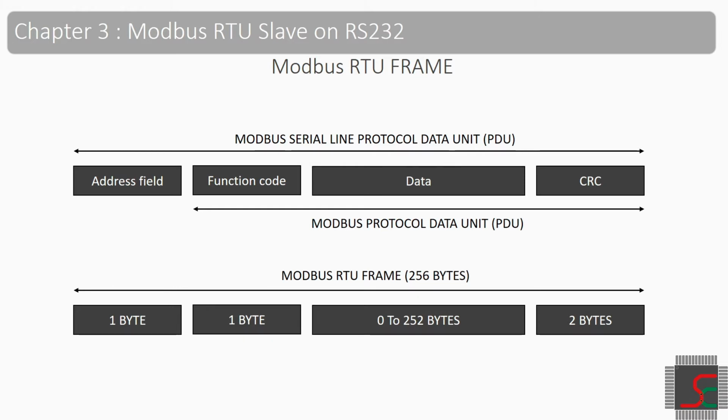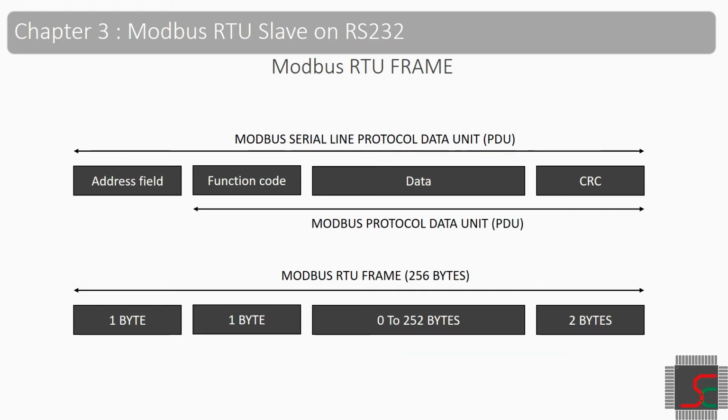This contains information like quantity of registers and starting address, and the last 2 bytes of the Modbus frame will be CRC. So these are the contents expected to be present in the Modbus frame. Start with an address field and end with the CRC field. The size of this frame can be a maximum of 256 bytes if implemented on the serial line, using RS-232 or RS-422, RS-485,